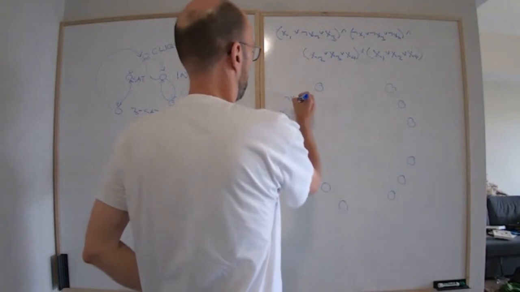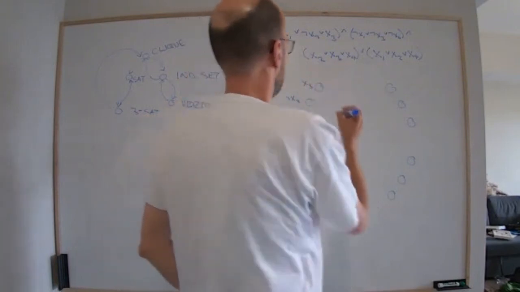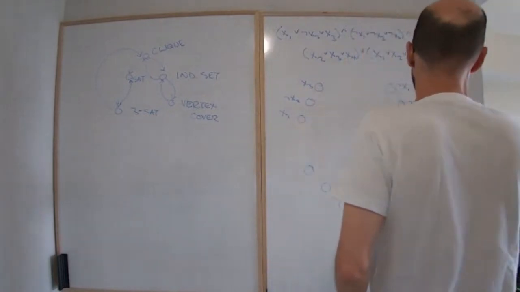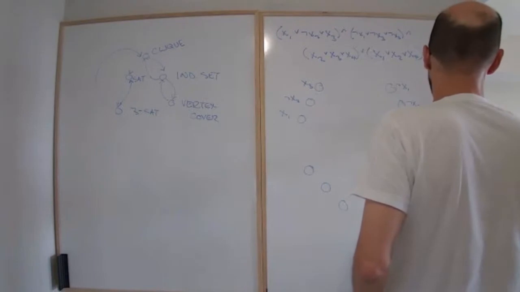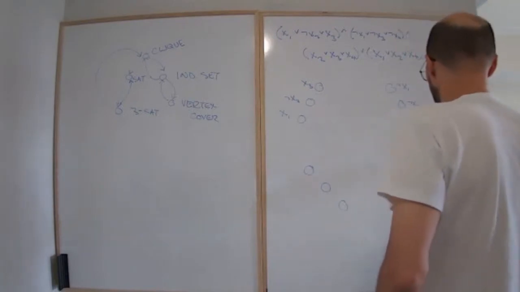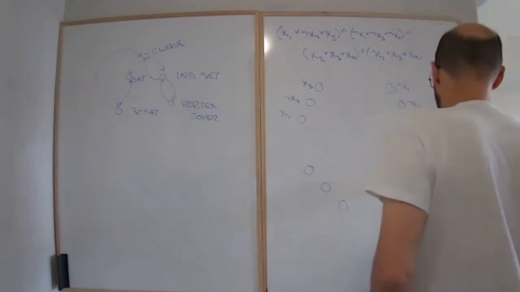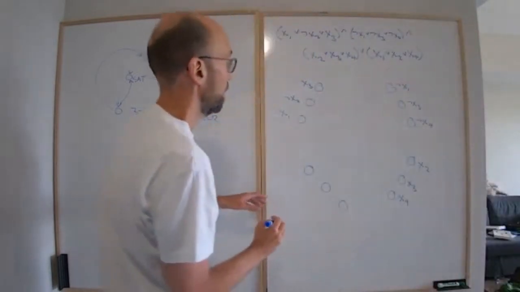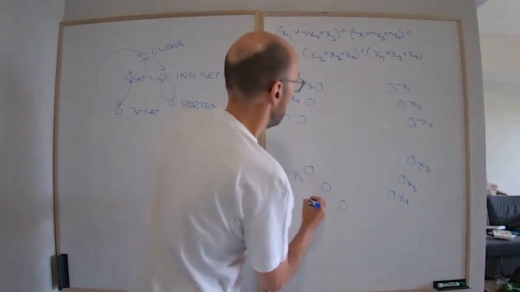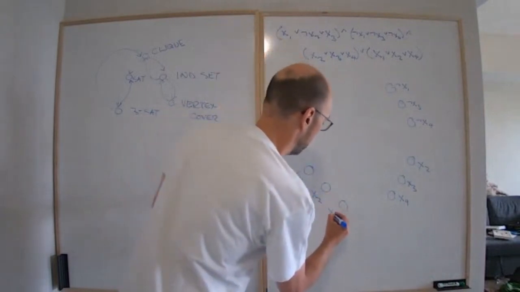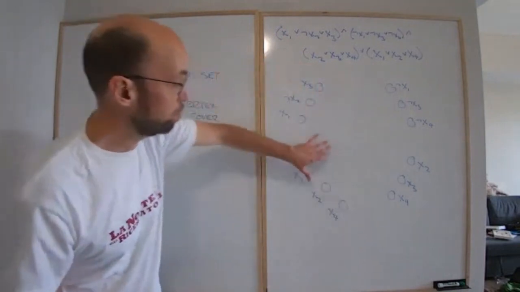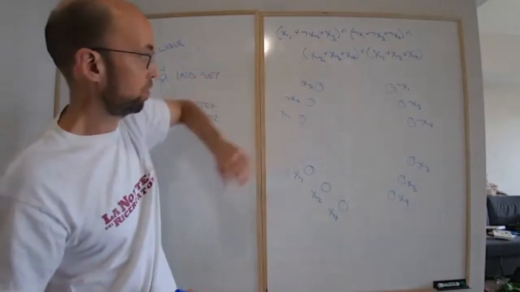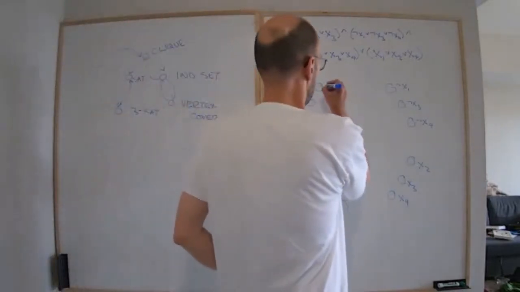Not x2, x3, not x1, not x3, not x4, x2, x3, x4, x1, x2, x4. Okay, I don't put edges in between vertices in the same group. Okay, and here I put edges